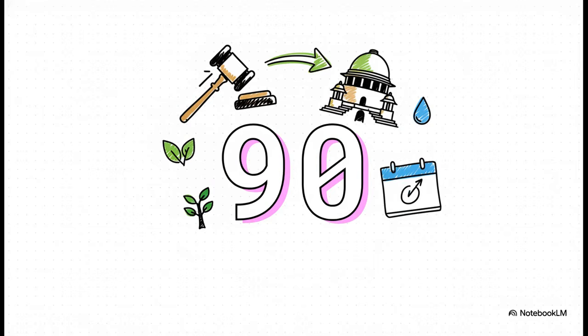But what if you strongly disagree with an NGT ruling? Well, that brings us to our next magic number, 90. If you need to appeal a decision made by the National Green Tribunal, that appeal has to go directly to the Supreme Court, and the hard deadline to file it is exactly 90 days. So keep those two numbers firmly separated in your mind. 6 months for disposal, 90 days for an appeal.